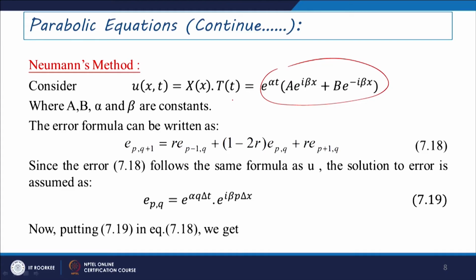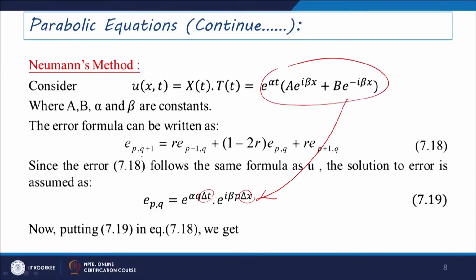So especially we are representing this coefficient in a direct form here, that is E of p, q, the error associated with each of these terms, which can be written as e to the power alpha q delta t, where delta t is the time difference, and delta x is the space difference we are obtaining there. And the error formula for the earlier problem, if we discuss, can be written in the form